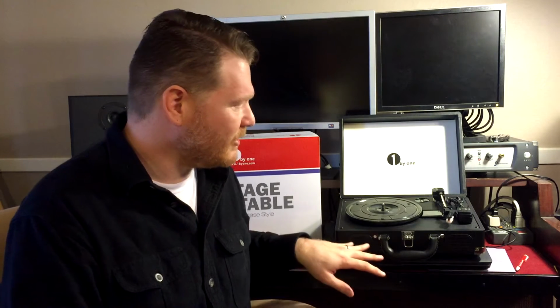First things first, the built-in speakers here, they're about the same quality that you would expect to hear from just your phone. So if you were to just have your phone playing music, that's about what it sounds like. There's really not a lot of low end, other than just kind of having it going in the background. I would say if somebody just had some records they wanted to play at a party, or just wanted to listen to it while they cleaned or while they were doing something,